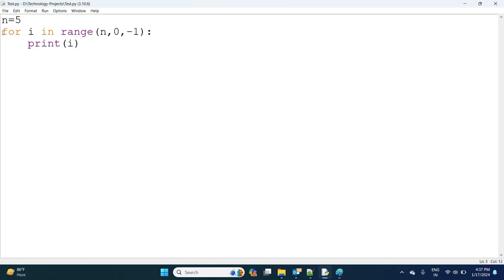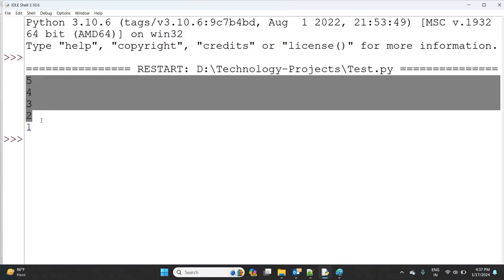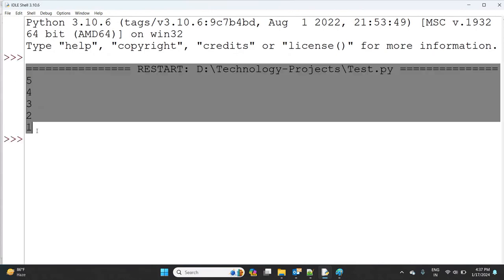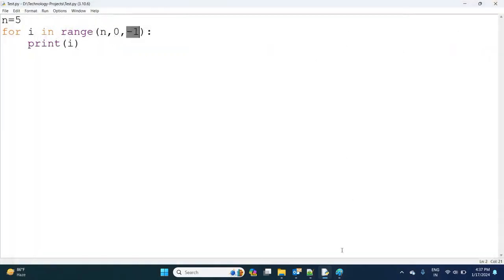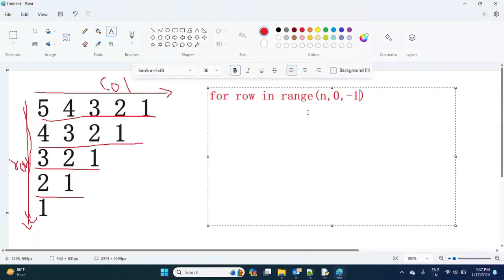I'm explaining this concept in case anyone has no idea what this line is, to give clarity. From starting 5, it reaches 0 by decrementing by value 1. Now observe here, 5 4 3 2 1. Now it is printing. So now your row value will come in this way. Once it is completed,